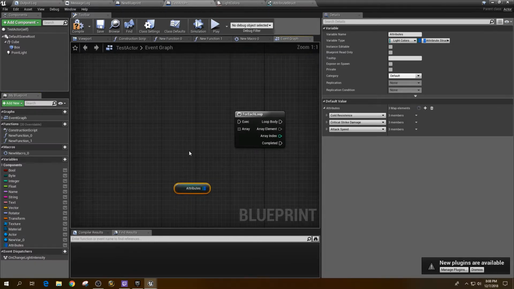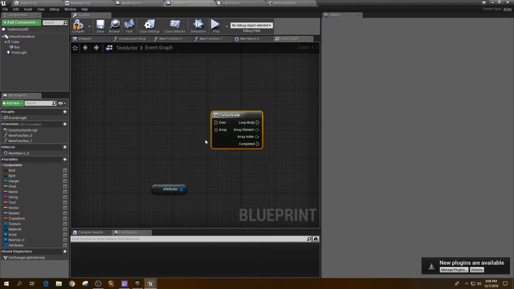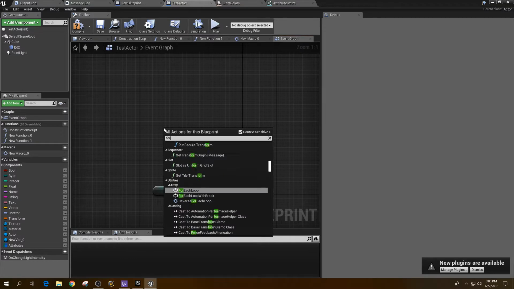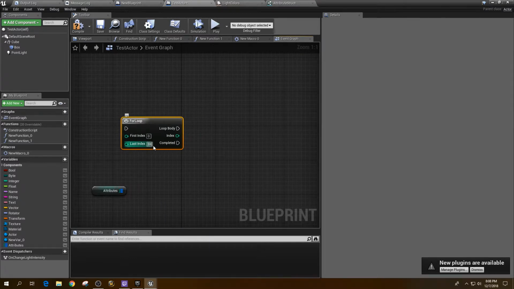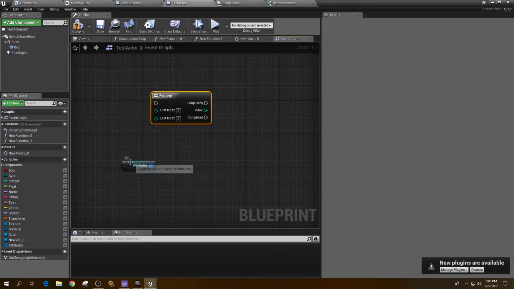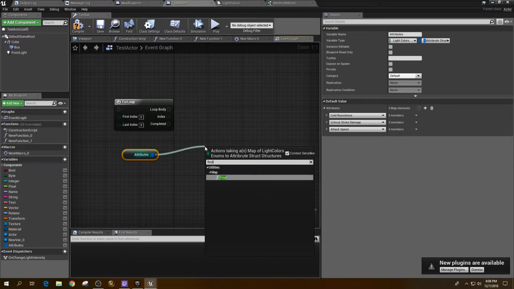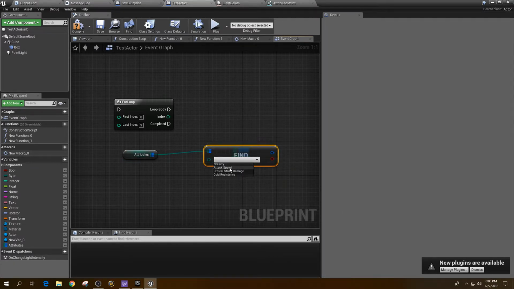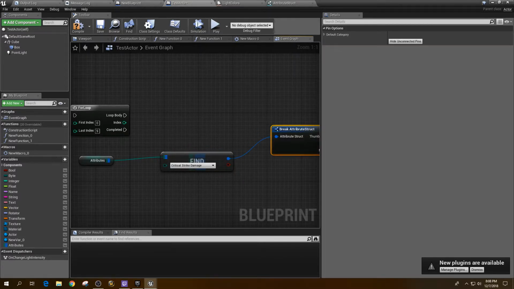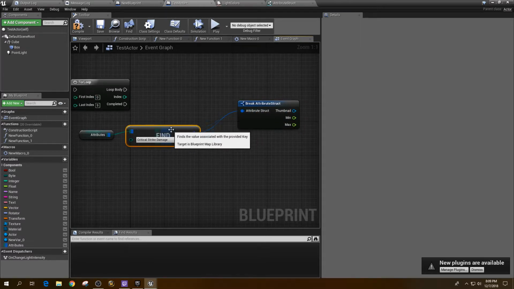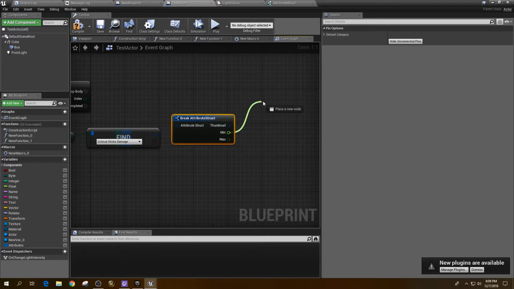So if you were spawning, say, a bunch of items, let's just say that we were spawning items with a for loop. So we go for loop, and we do this right here, and we spawn 10 items. So let's make this 9. So let's say we want to spawn 10 items. We can go every loop. We can take this. We can find some specific thing that we want, and we can grab it, and we can break it. Because it's a structure, it has this function or this feature that allows you to break open the structure